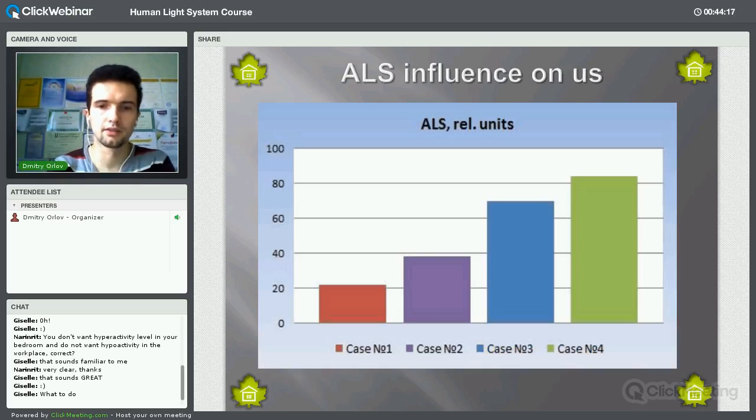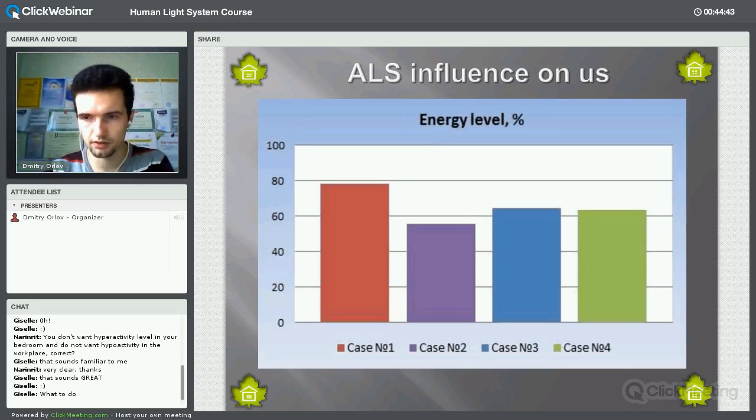So here are 4 cases. Case number 1: the activity level of space is 22, close to 20. Number 2 is 38, closer to 40. Number 3 is closer to 70, and number 4 is higher than 80. So I measured these 4 bedrooms, and then I measured people